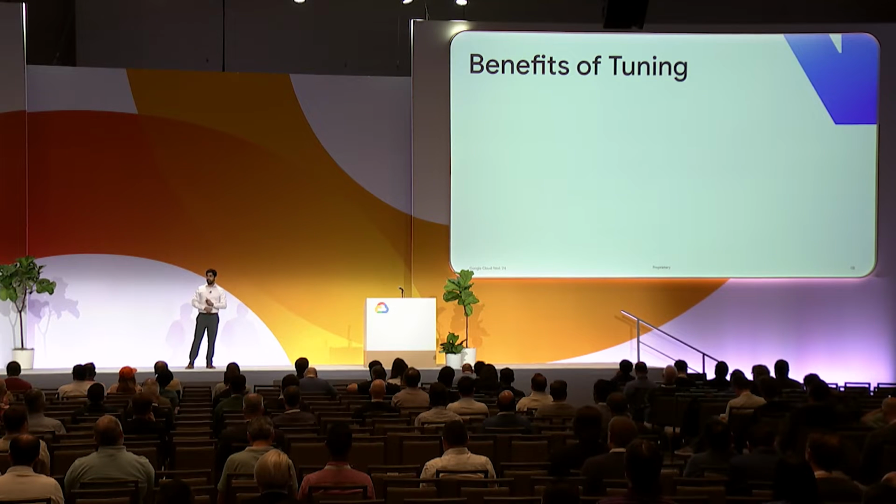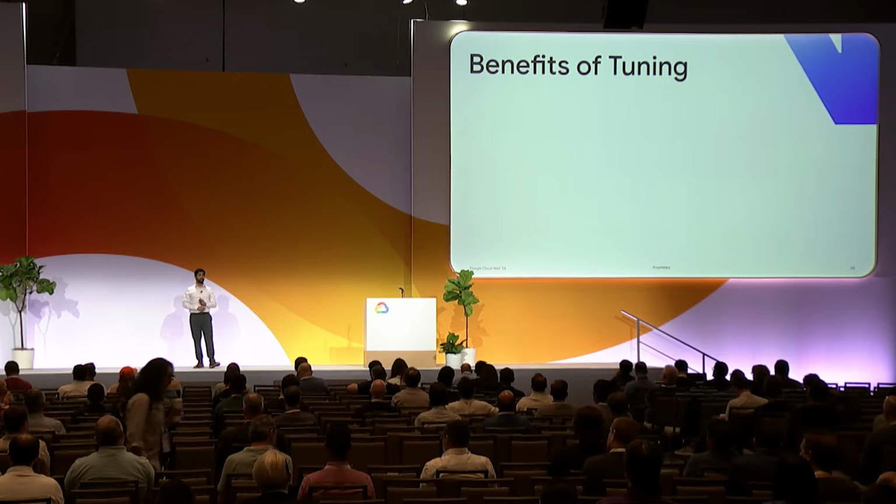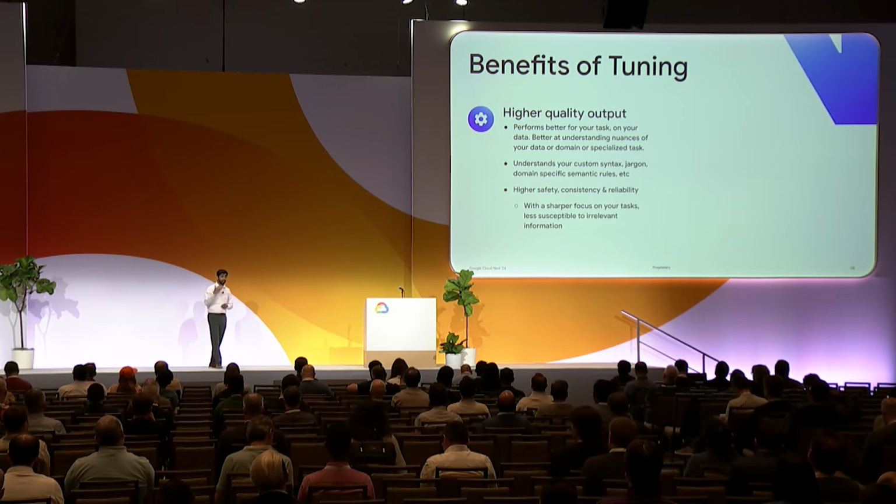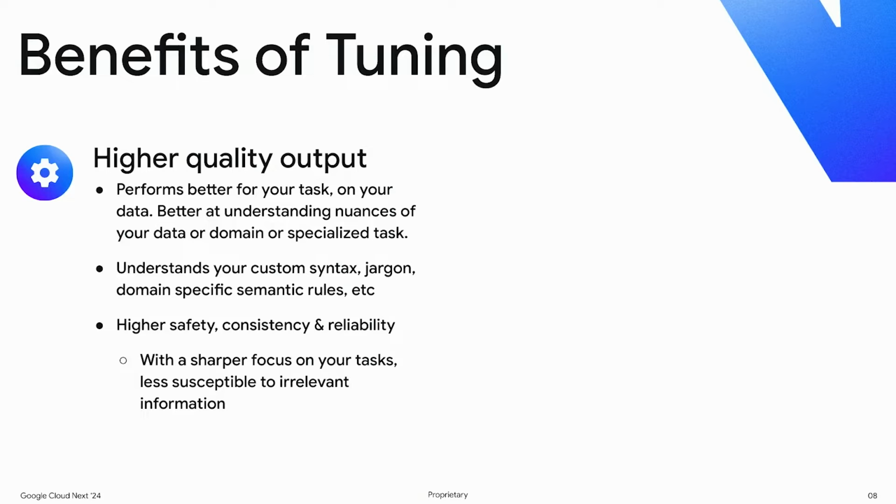So now let's dive into tuning, and let's look at the benefits of tuning. With tuning, the primary benefit is you should, in most cases, get higher quality output. And of course, to get higher quality output, you do need to curate higher quality examples. You'll get higher quality output because, as I mentioned in the previous slide, you can teach the model semantic rules or logic that are most relevant to your application. You can teach it lingo, jargon, and syntax that are most relevant, and domain-specific syntax and jargon that are relevant to